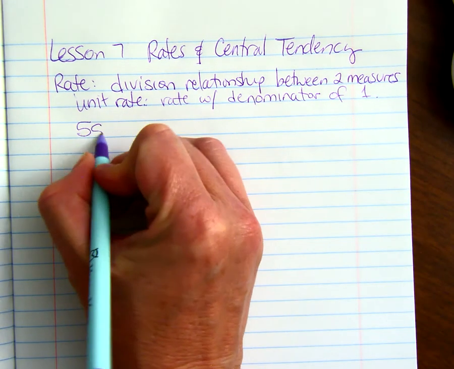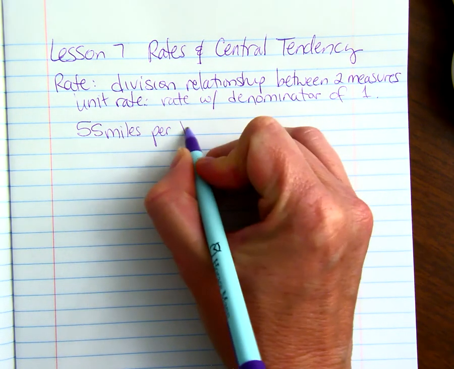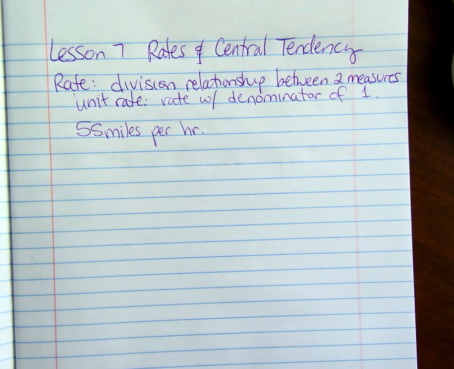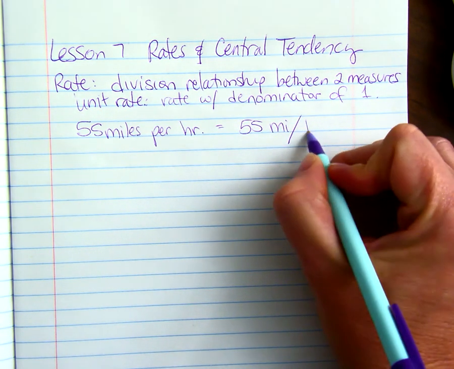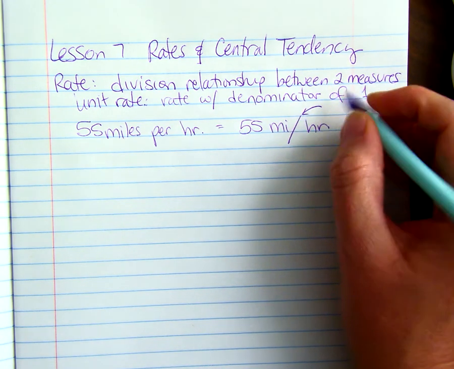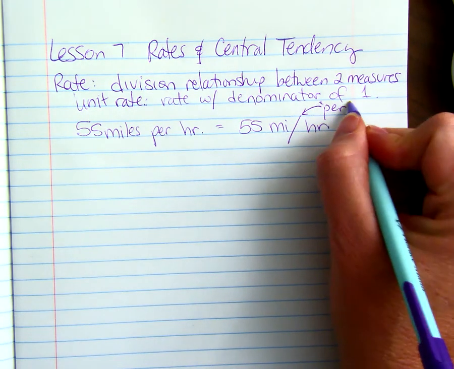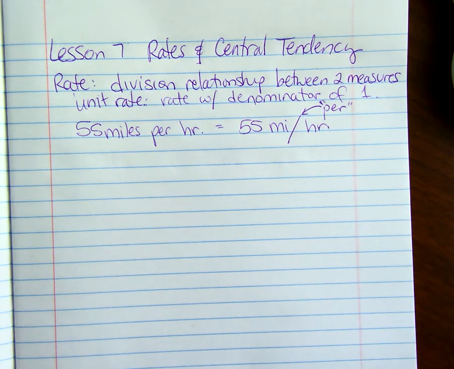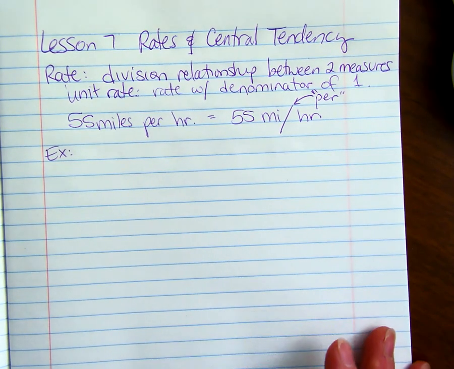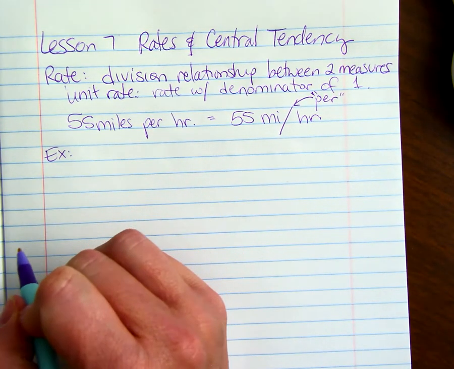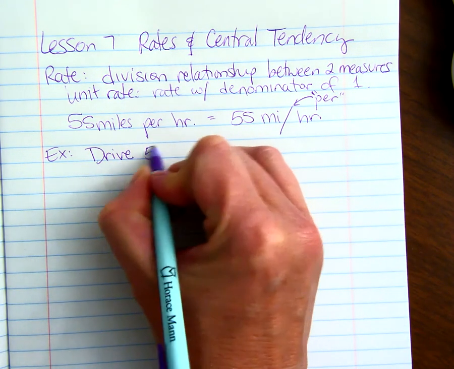So 55 miles per hour is not only a unit rate, but it's also a rate, equals 55 miles per hour. This little line right here, the division bar, stands for per, we say "per" when we read it. So for example, if someone is driving 55 miles per hour for 6 hours,